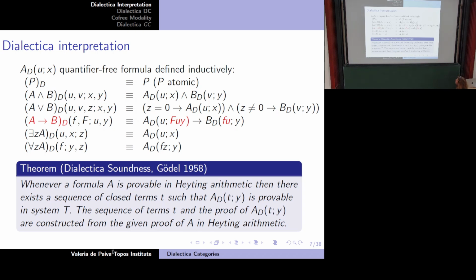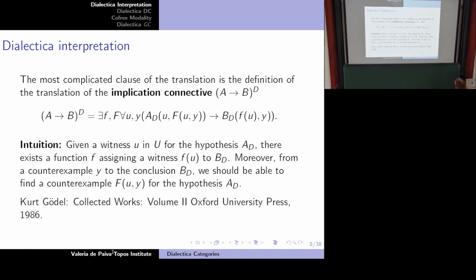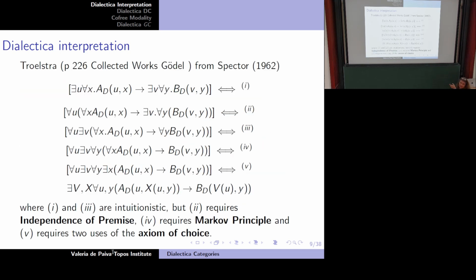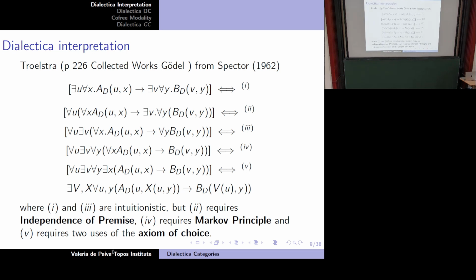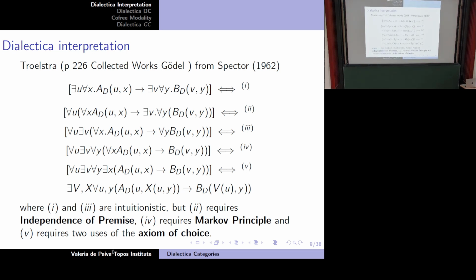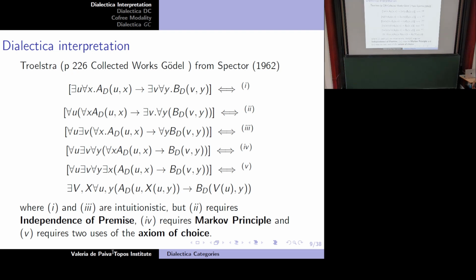But the point is really what it does in the implication. I'll do this and come back, because this is the closer explanation of why the implication works the way it does. Because what you want to do is start with there exists a U for all x, and there exists a V for all y, and you want to push these things in such a way that you end up with an exists and a for all. And you can do this by pushing quantifiers to the front, but